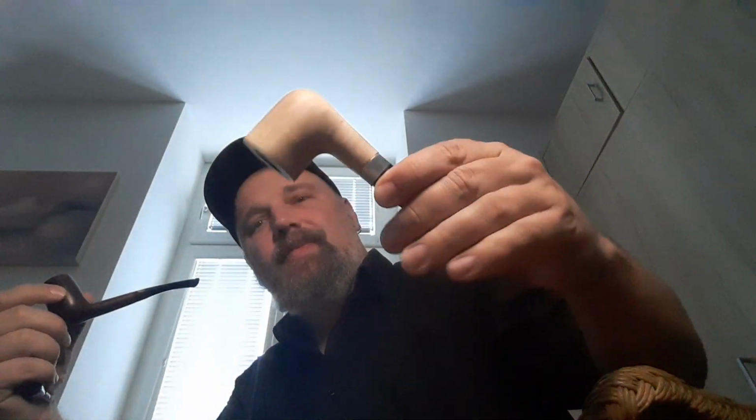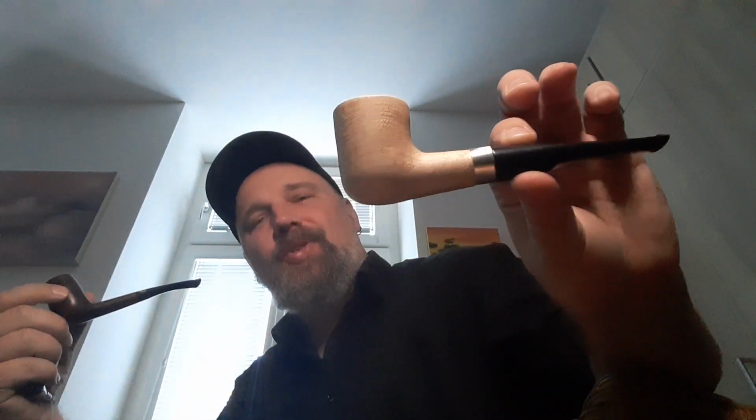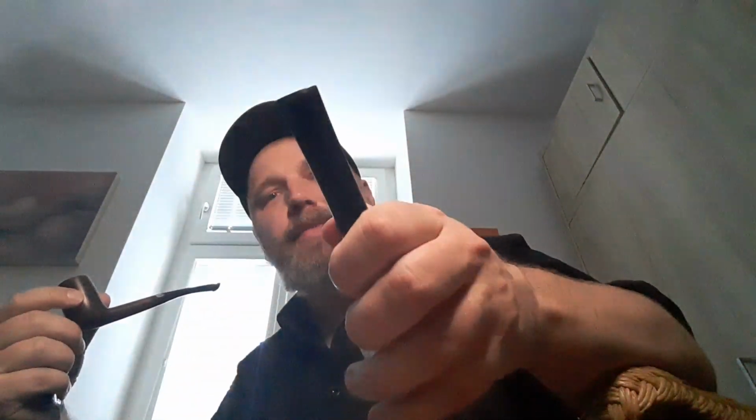Because it was so cheap, I purchased this maple pipe as well. It has a vulcanite mouthpiece that is very well done. It is made for a 9mm filter, which is interesting because, as far as I know, the major sales went to Russia. So I don't know any Russian pipe smokers if they use 9mm filters. What's even more interesting is that